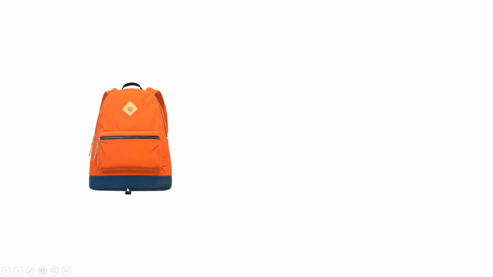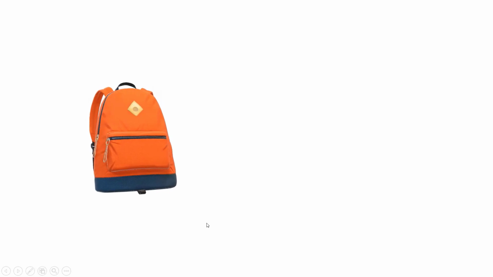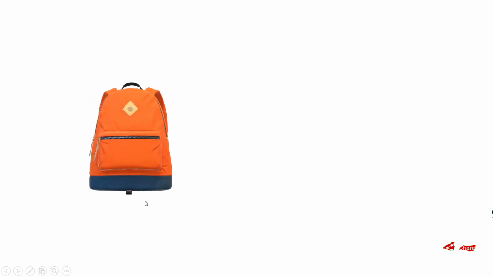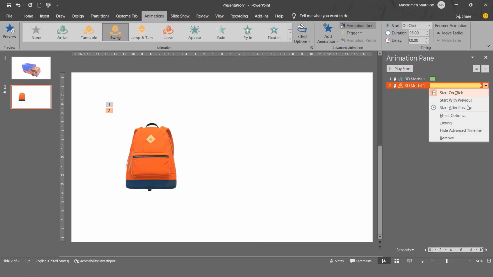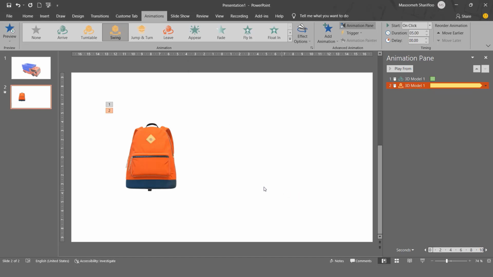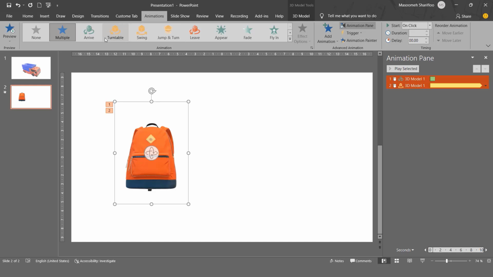Now, when I get the output from this slide, as you see, the 3D model enters by a click with the animations that I have given to it. Then the emphasis animation is displayed, and this emphasis animation will be played until I leave this slide, and it is because of the settings that we have just regulated in the effect option. As you saw, these 3D models have their own specific animations that you can use,